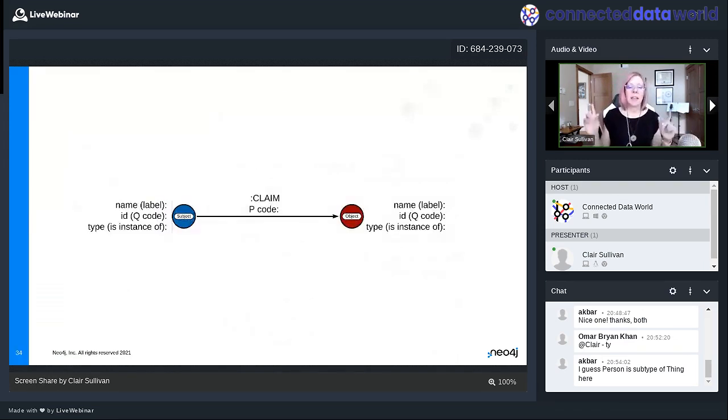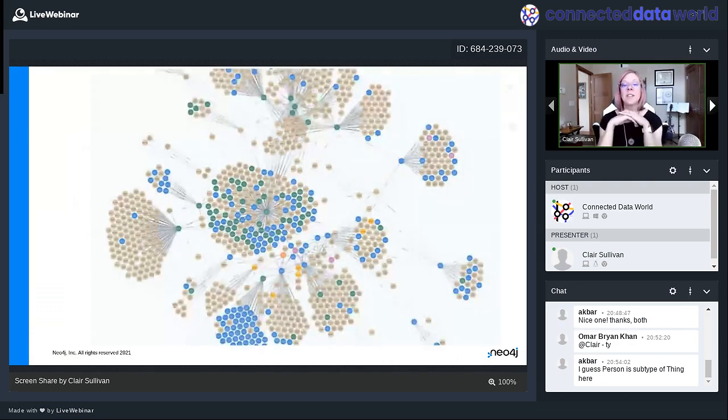Okay. So then my claim, this is the jargon of Wikidata. Claim is what they would call a verb. A claim has a P code. That's just the language that they use with Wikidata. Okay, when we do that, we're going to be using the very same text and search term, and this is the graph that we're going to get. And so it's a little bit more rich. You can see that there are a few more nodes. The previous graph is something like 830 nodes, and this one's going to be something like 1,400. You'll see what happens when we start doing question answering on this.